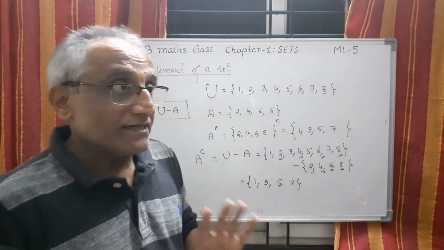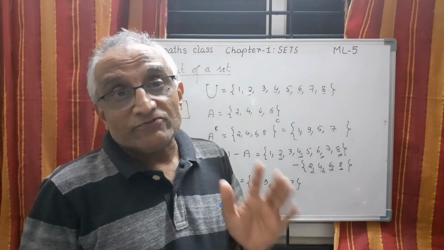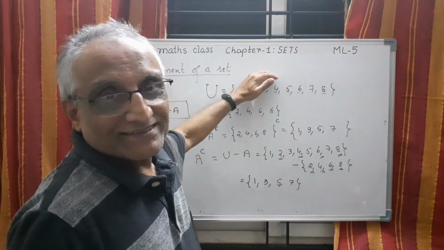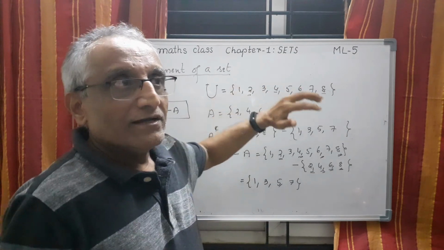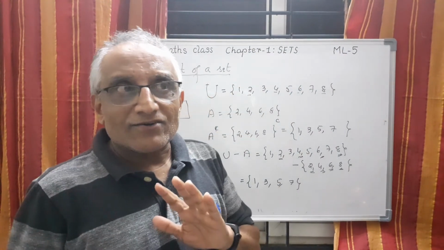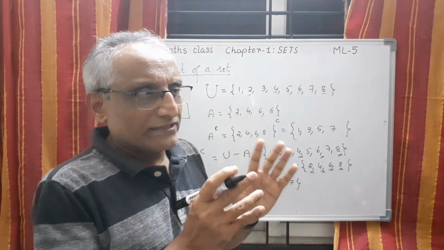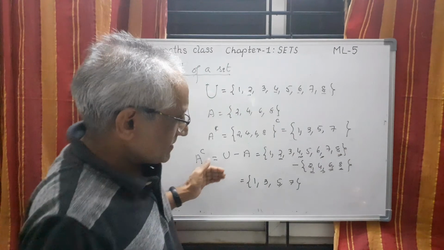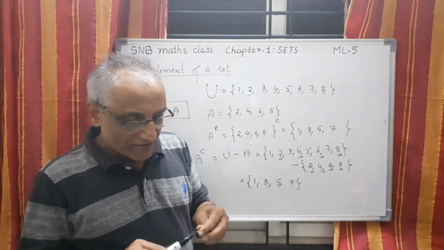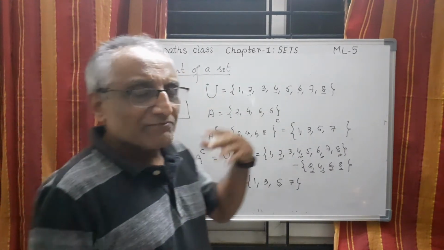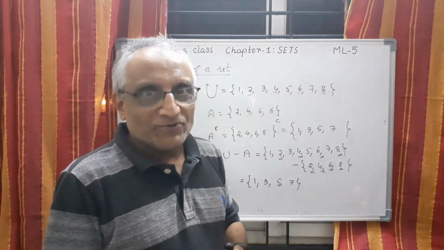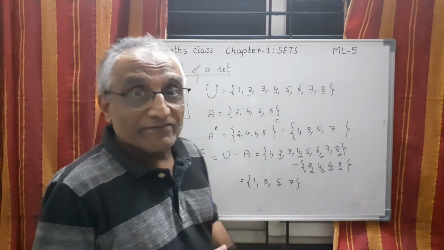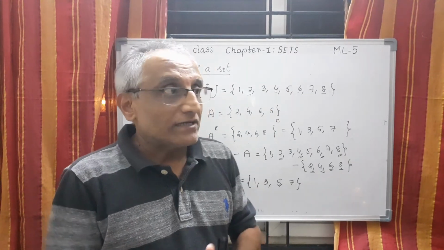But remember this much at least: whenever you want to define or find a complement, the universal set is a must. So this is a special operation. In the remaining three operations, we are not worried about the universal set. Two sets are given, and we just find A union B, A intersection B or A minus B. But here it is a must. With this let me conclude today, because too many concepts in one session, that too in half an hour, may not be good.